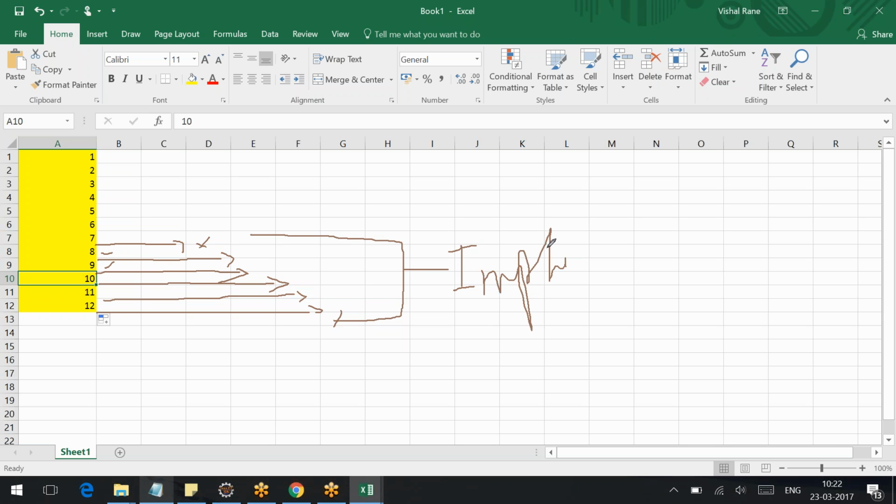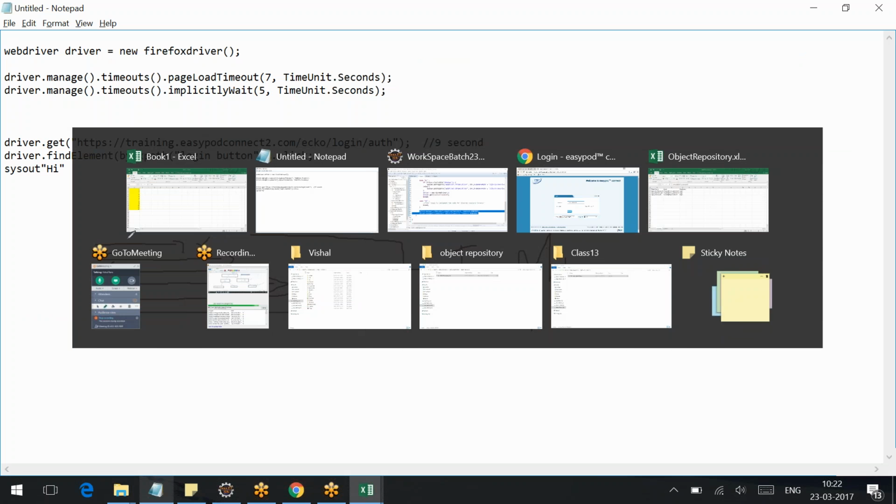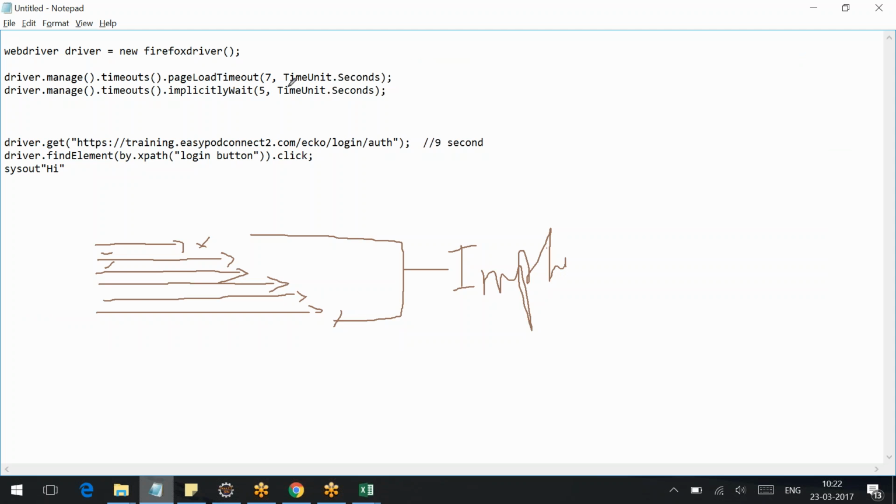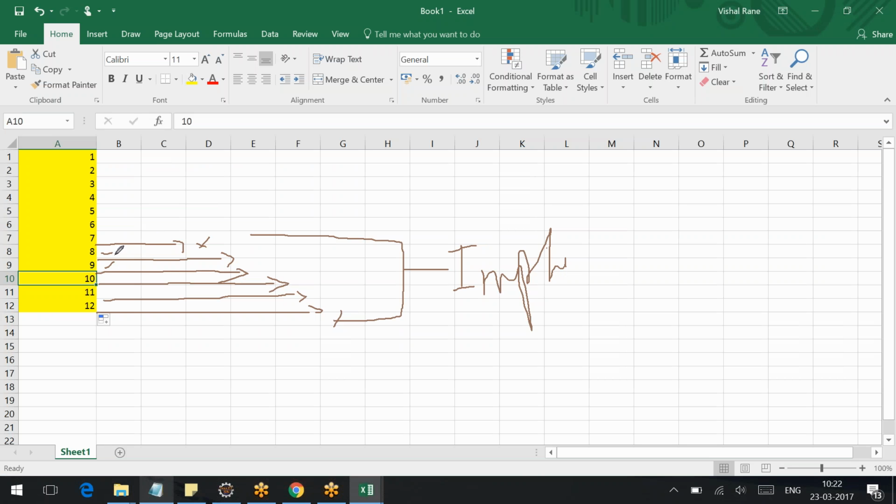Okay, implicit wait of 5 seconds. Even after 12 seconds, that is from 7 seconds you started, and you given the implicit wait of 5 seconds, correct? You given the implicit wait of 5 seconds. So